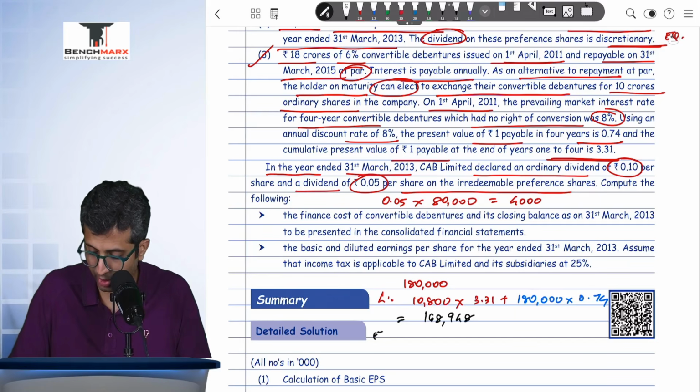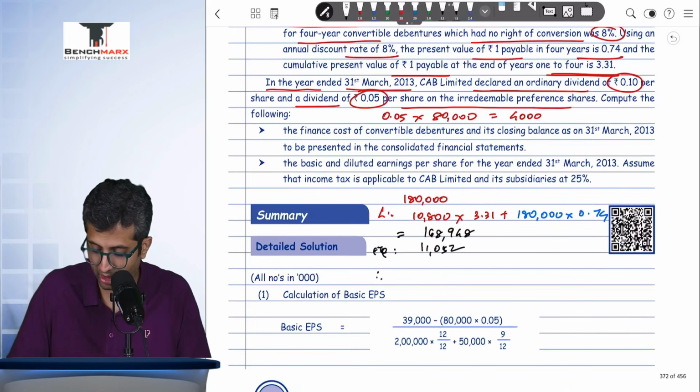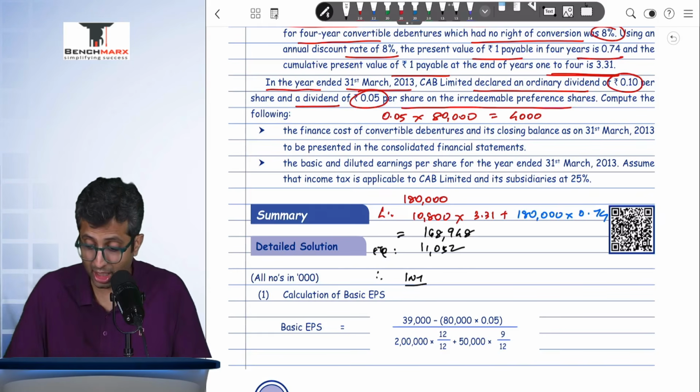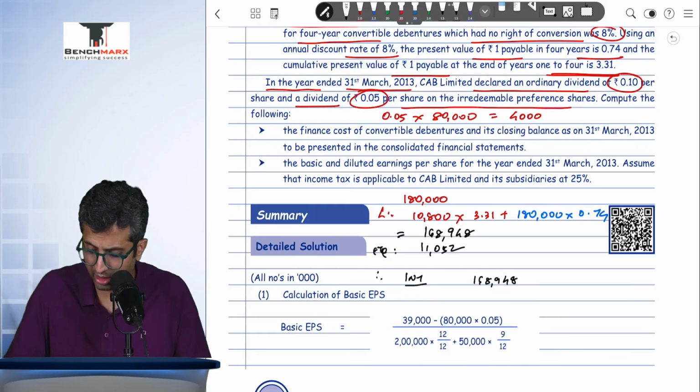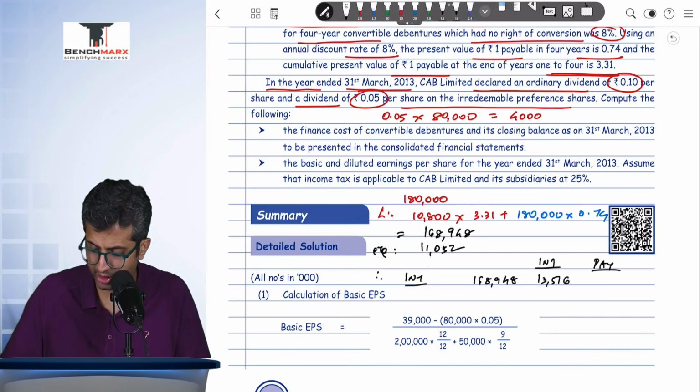1,68,948, and hence the equity component would be the difference between this and this, which is 11,052. Therefore, if I look at the interest that is to be charged, interest is on the liability component, so I take 168,948, and the interest for the first year will be into 8%. This is 13,516 less payment, which is I think 10,800. This will give you the closing liability component, and hence this is around